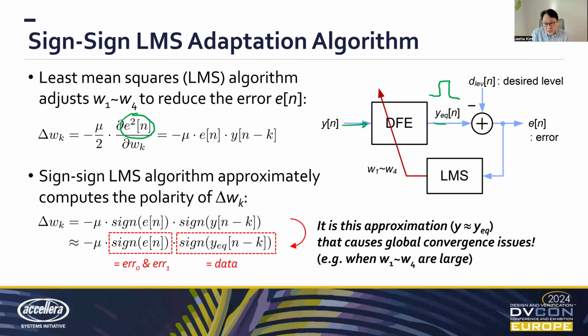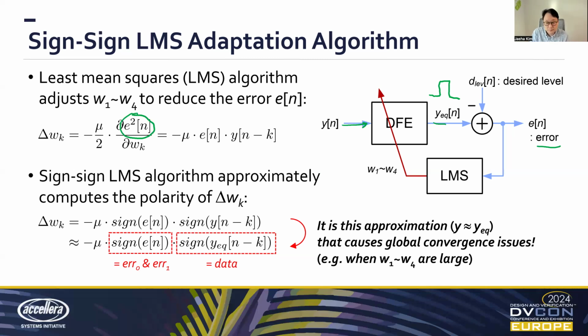So for each of the logic levels, we do have an expected or desired level. So compare the two. If there's any remaining error, well, that's an error. So the adaptation engine observes that error and uses this algorithm to adjust the filter coefficient in a direction